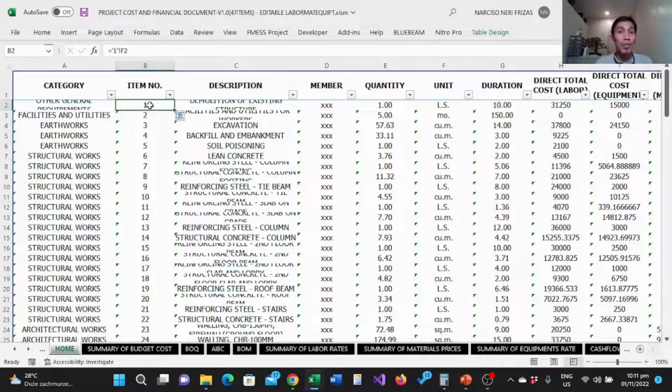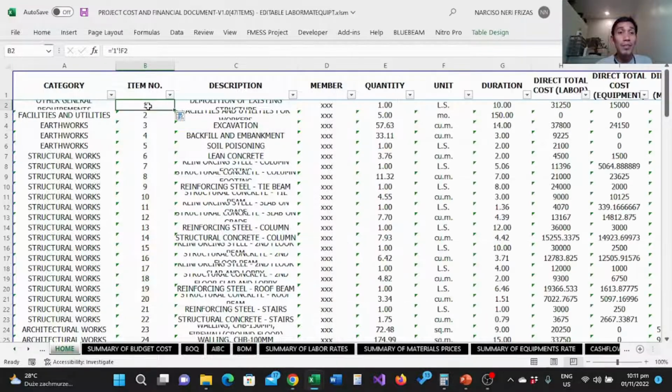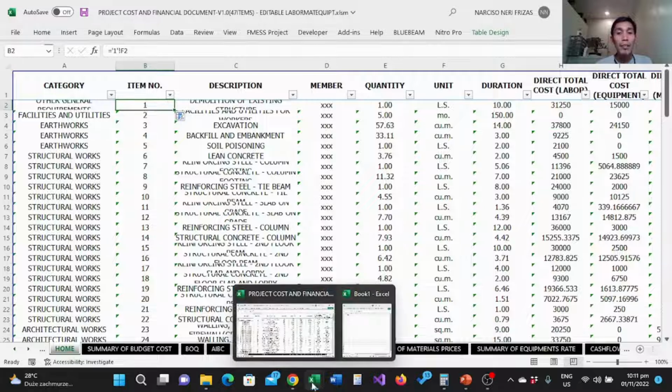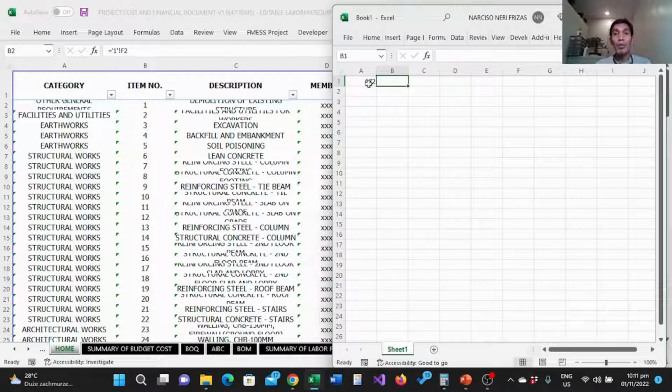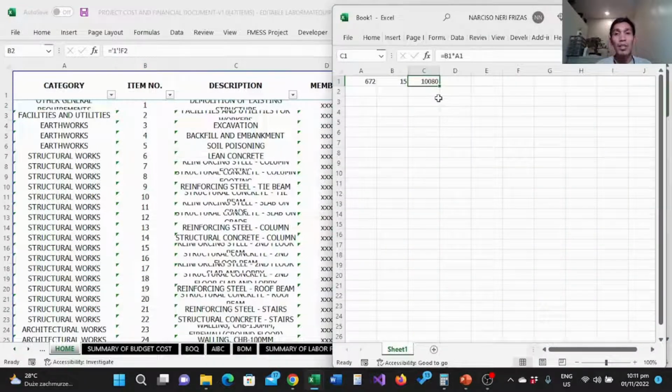Right? So, as being shown just a while ago, right? So ngayon, we now have the data na we need 15 seconds to complete that simple task. Pero sa sobrang dami niyan, if we'll try to multiply it, 15 seconds. So anong mangyayari? We need 10,080 seconds to complete these documents. And pag sinabi natin 10,080 seconds,